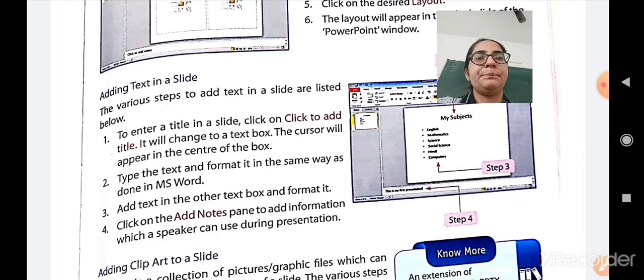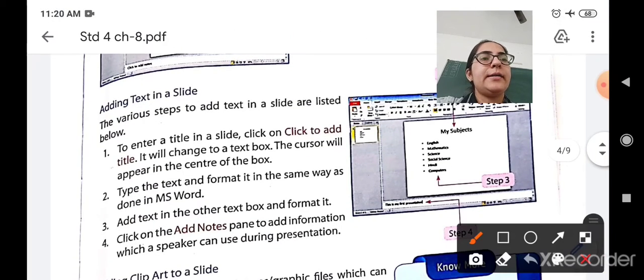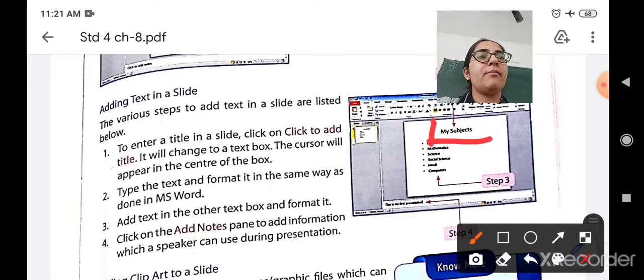So here you can write the text which you want. Here the person has written My Subjects, and you can format it as we format it in Microsoft Word. You can change the font size, the font color, the font type. Okay, so you can do formatting in your way as we have already done in Microsoft Word.